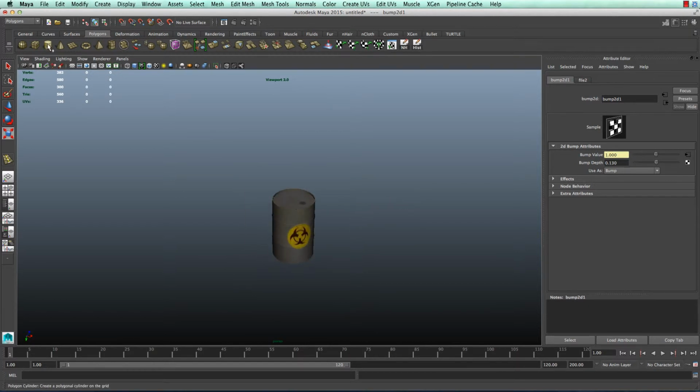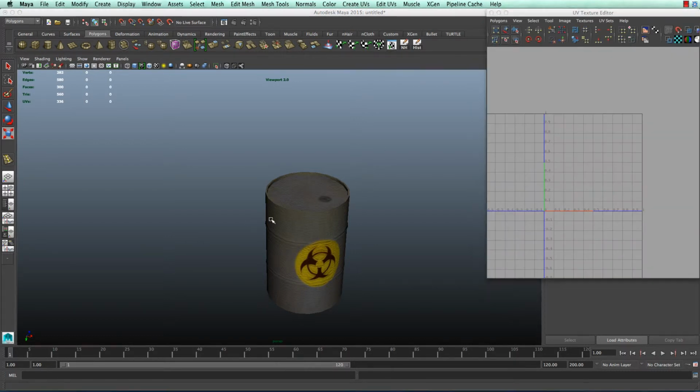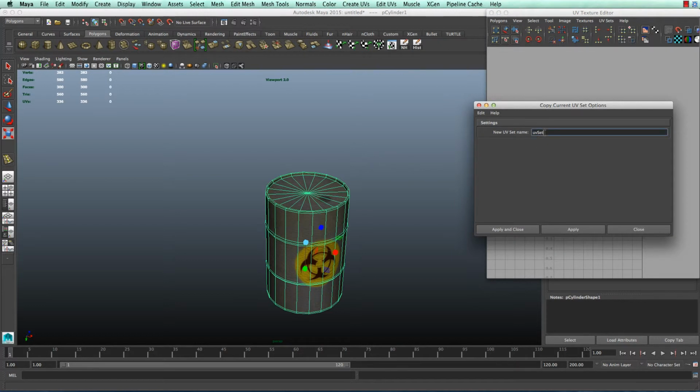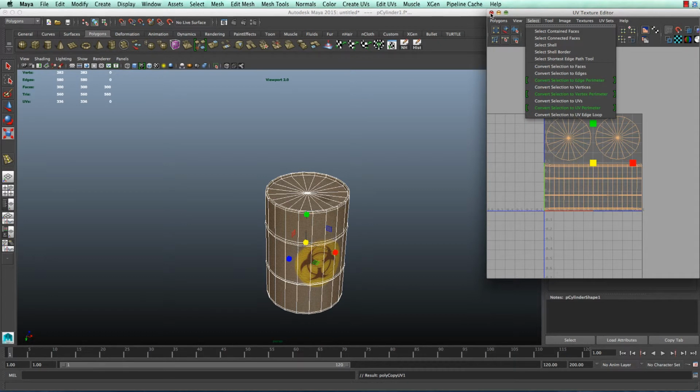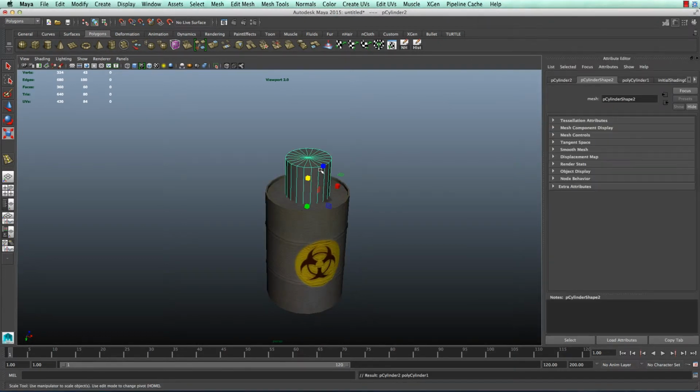And okay, right now this one is fine. We have UVs done. And just a quick thing, we need to go back to UVs, select this one, go to new set, just apply and close. So we have right now 2 UV sets. We have no overlapping UVs, and right now just create another